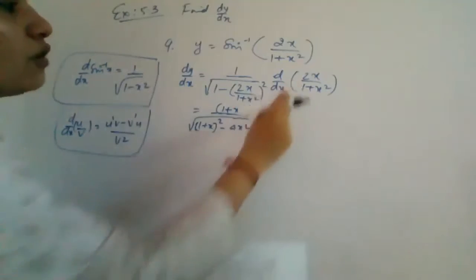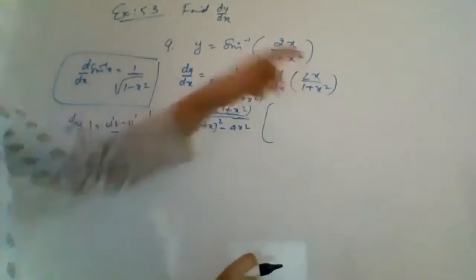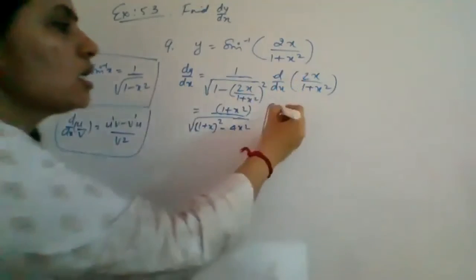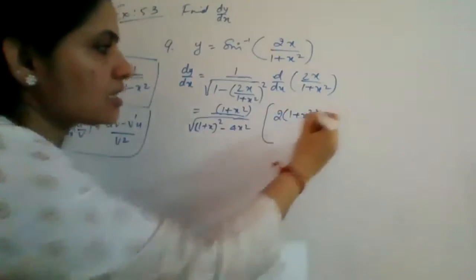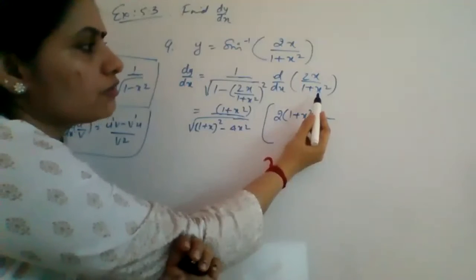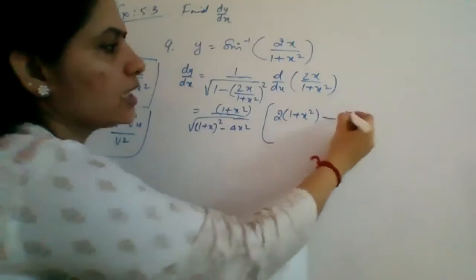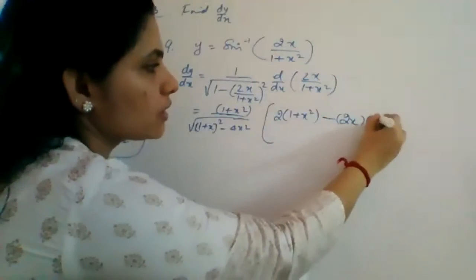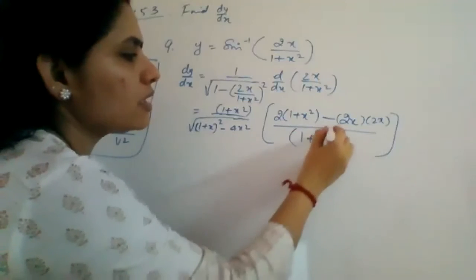Now we will write the derivative of this quotient. What is that? U dash into v. U dash means first function's derivative. What is first u? Function u is your 2x. So derivative of 2x is 2 into v, 1 plus x square, minus v dash into u. V dash means derivative of 1 plus x square. Derivative of 1 is 0. Derivative of x square is 2x. So you'll get 2x as derivative and into u. U is also 2x. So you'll get 2x into 2x. Then you divided by v square. V is your 1 plus x square, the whole square.